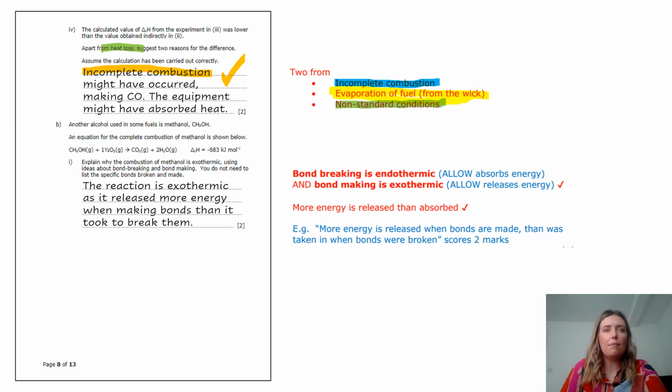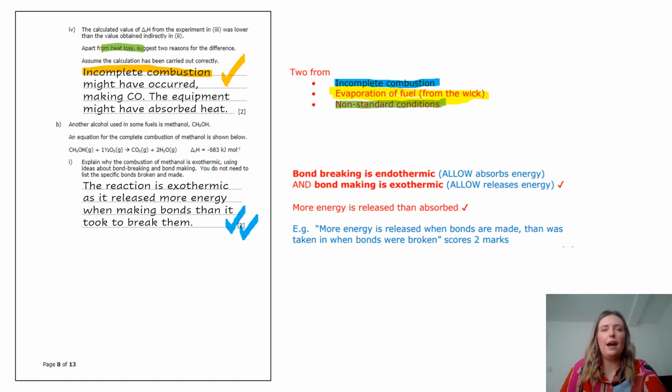Okay, this is telling me that making bonds is exothermic, and it released more than it took to break them. Well, I'd accept this as a reasonable answer. It doesn't have the words endothermic and exothermic in it. If I really wanted my student to polish up their answer, I might insist that they include these terms, but I'm actually happy to award this. The idea that more energy is released when bonds are made than was taken when bonds are broken is what